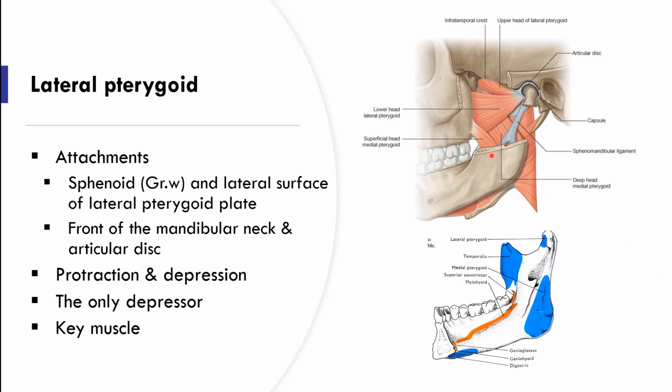You can also see here there is one more muscle very much related to the inferior head of the lateral pterygoid. One part of the muscle is superficial to it and the other part is here deep to it. So these are superficial and deep parts of medial pterygoid. So superficial and deep with respect to lateral pterygoid. That is how it is a key muscle here. Let us look at medial pterygoid now.